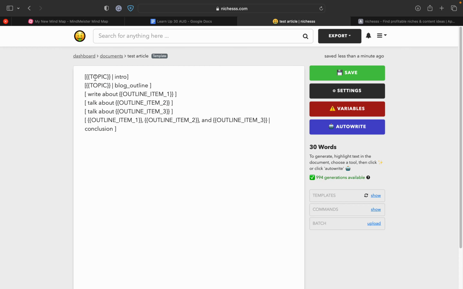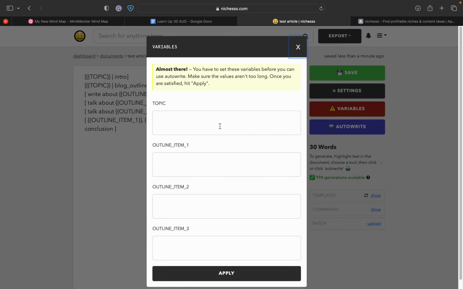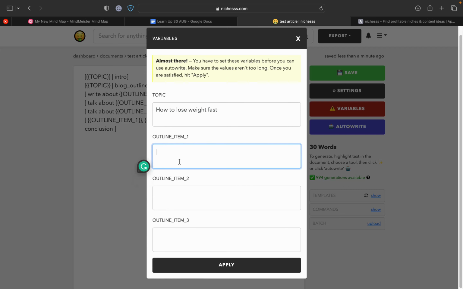As you can see, this is the topic here, then this is the intro, then write about, outline. Okay, so we'll just fill the details one by one here. First of all we'll just fill the variables here. Let's say we want to write it for how to lose weight fast, and these are the outline items here. As you can see, 1, 2 and 3. How you can lose weight, we just have to mention it in simple words, like one is exercise,